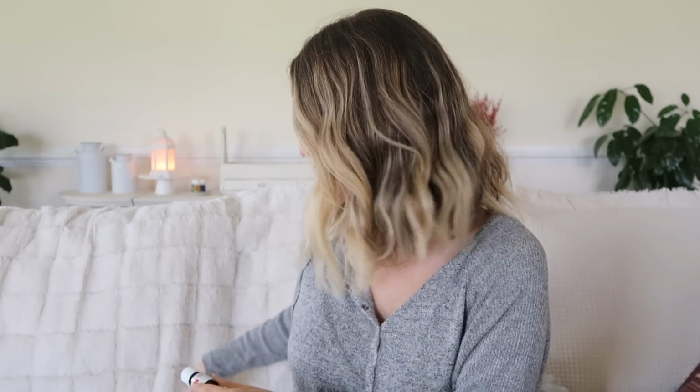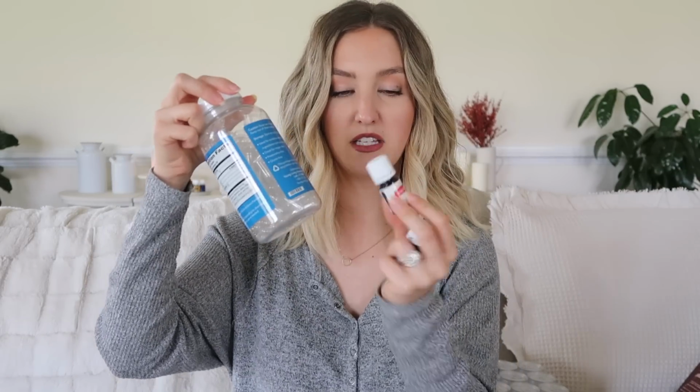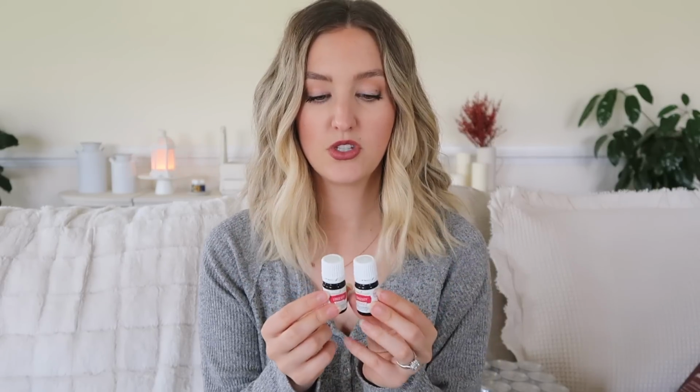The next one is doubles of Longevity Vitality Oil. So this is one of those oils that I could, if I wanted, put in a capsule and take as a supplement. The Vitality oils can be used as a dietary supplement. So Longevity is basically just a blend of all of the highest antioxidant oils. So when you are ingesting this, you are ingesting all of those antioxidants, and antioxidants are so critical for overall